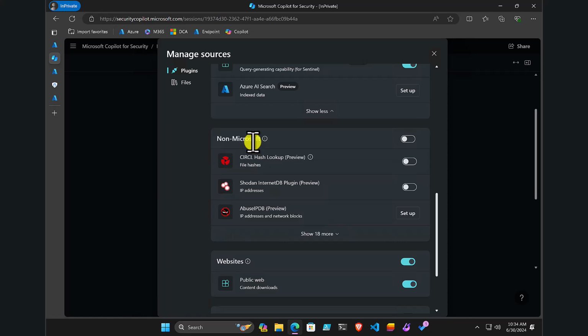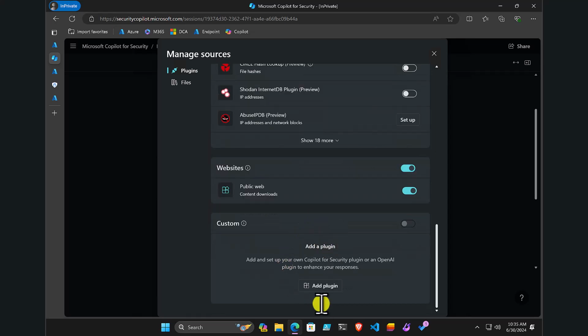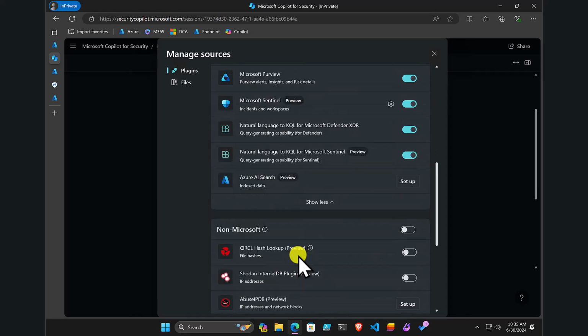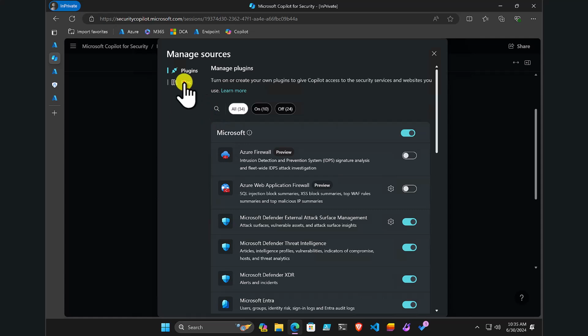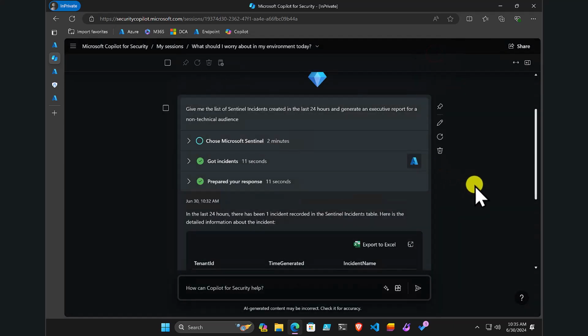Now you'll notice here that I can also set up non-Microsoft plugins. So for example, things like AbuseIPDB is also available to you, as well as a public website, and you'll see here that you can add custom plugins, so keep an eye out for those custom plugins. The other thing you can add here is your own files. So what that means is you might have a knowledge base, you might have articles that have been written or how-tos or whatever that you can upload and add to the power of Copilot and using the AI across those